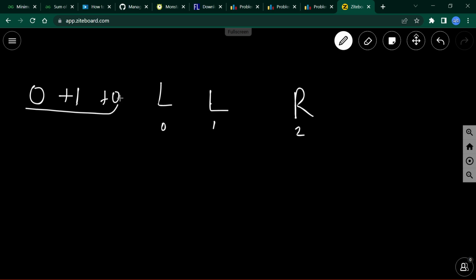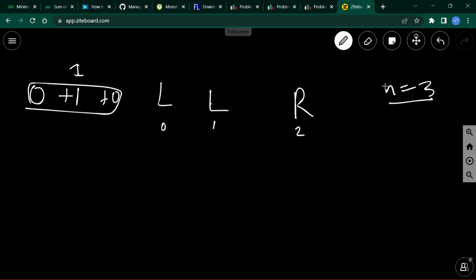The first is L, R, L. So for this one, this is 0, 1 and 2. Okay, for this person, how many persons are standing on the left of him? 0. For this one, how many persons? 1. And for this one, how many persons are standing on the right of him? 0. Okay, so the sum of all these will become 1, and here n is equal to 3,